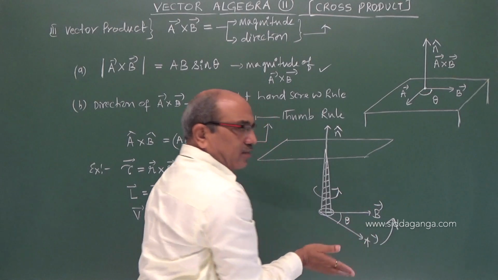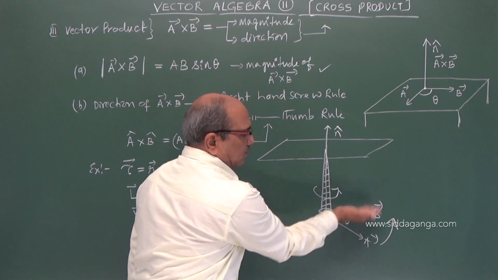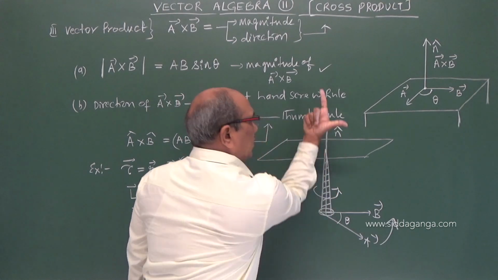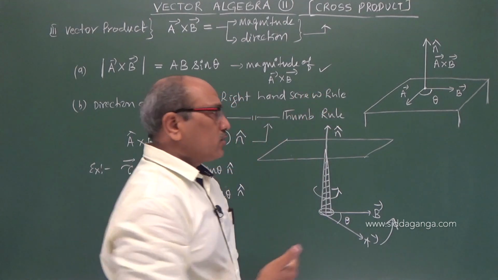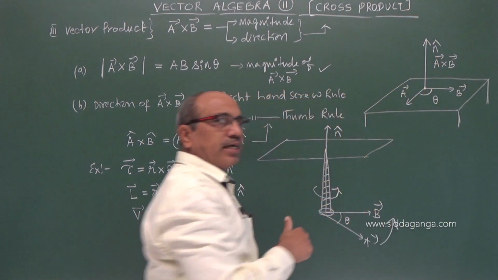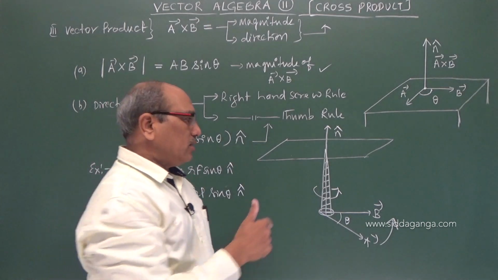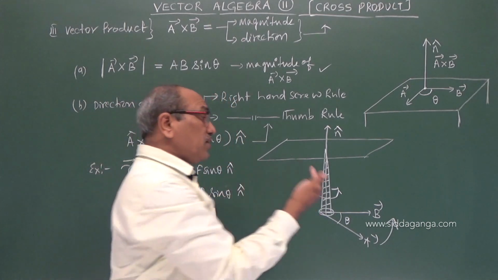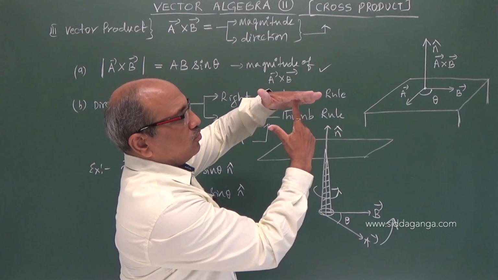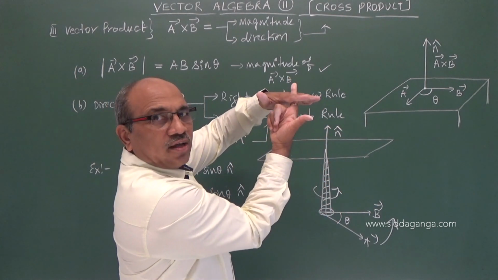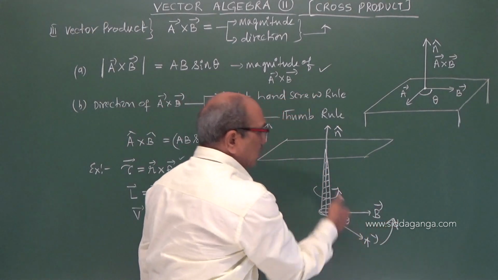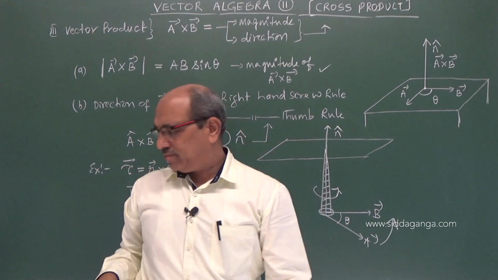That means when I turn anti-clockwise, that means A to B. Going A to B is nothing but moving anti-clockwise. When I turn this anti-clockwise, the screw is advancing upward. So the product A cross B direction is upward. I think you have followed. If it is clockwise, what happens? Now you see that anti-clockwise, I told you it is punching in and moving upward. If it is clockwise, it is coming down. That means B cross A direction is downward.